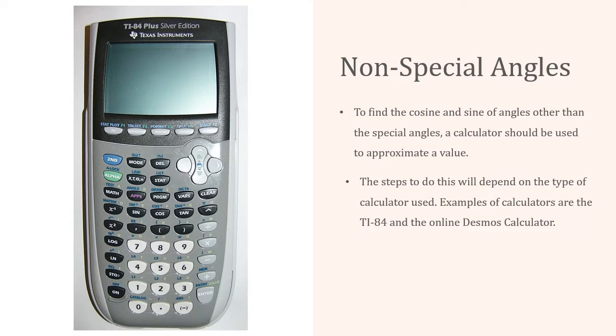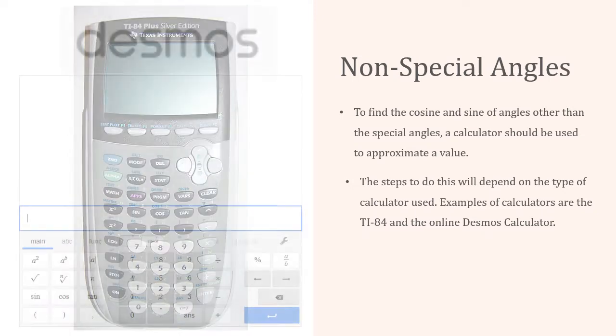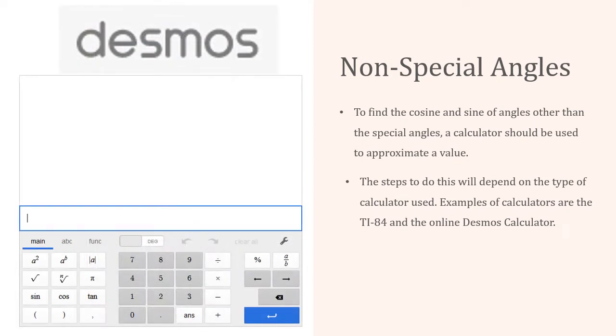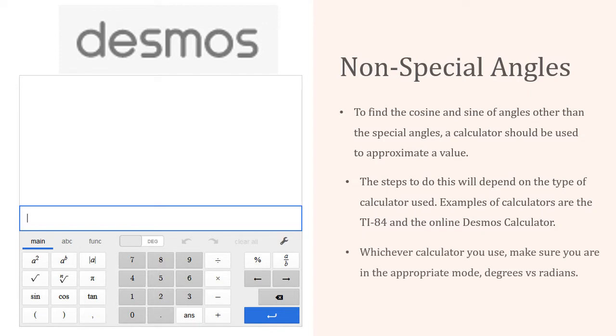Examples of calculators are the Texas Instrument models. In this image, we see the TI-84 Plus. You could also maybe use the free online Desmos calculator. But what you really want to make sure of is whichever calculator you use, make sure that you're in the appropriate mode, degrees versus radians. All right, so